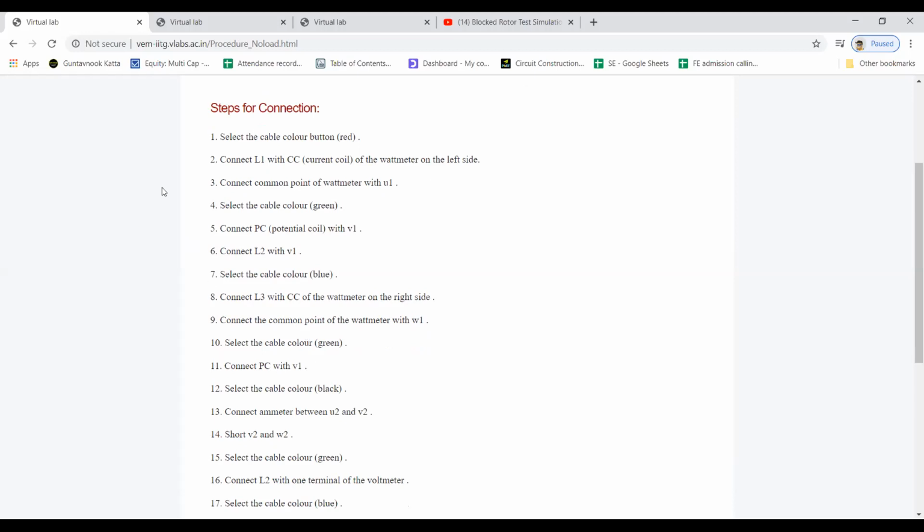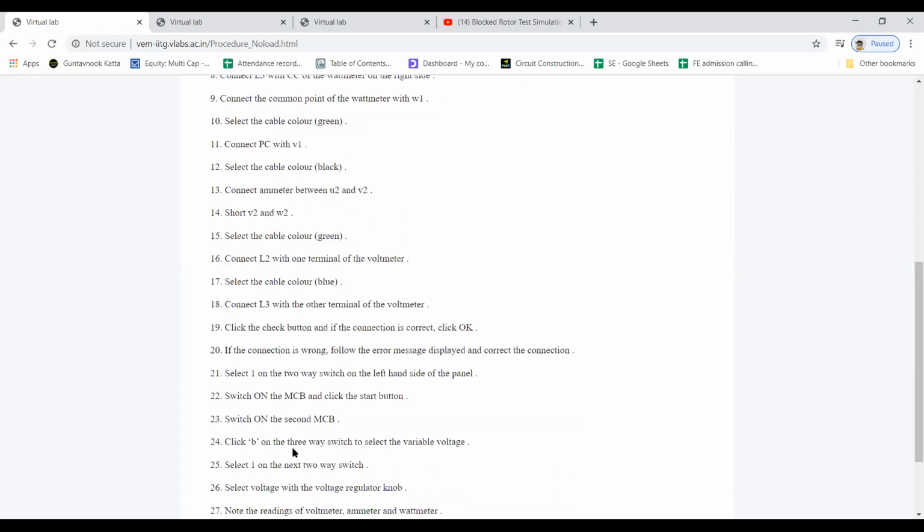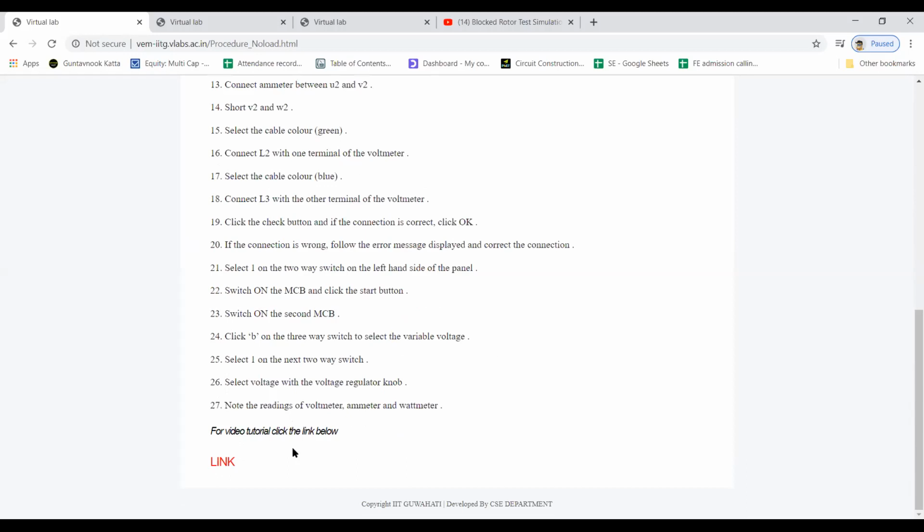You can select various colors for the cable. You can select the cable color as red, then connect L1 to CC and so on. You make all the connections which are mentioned here, and then you have to perform the experiment.